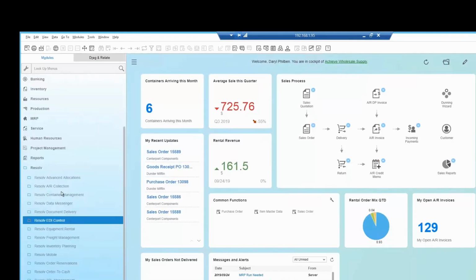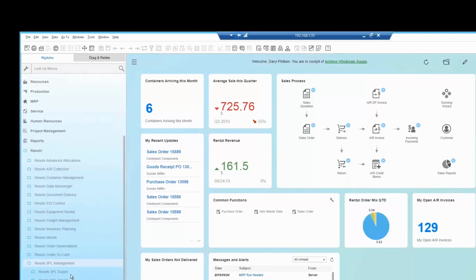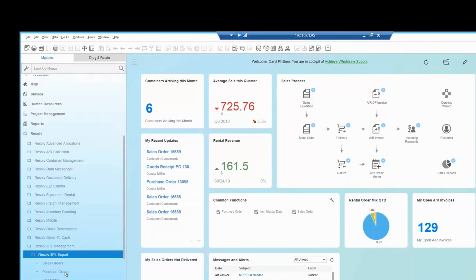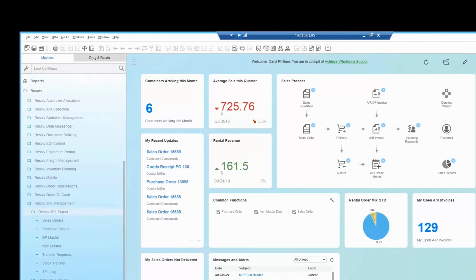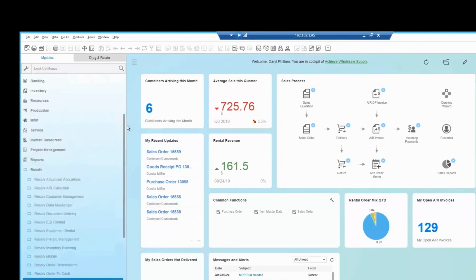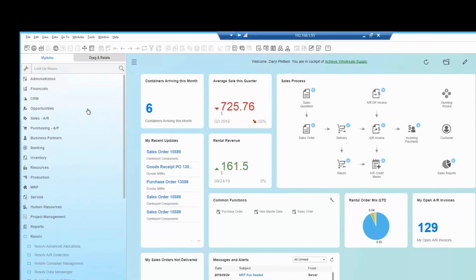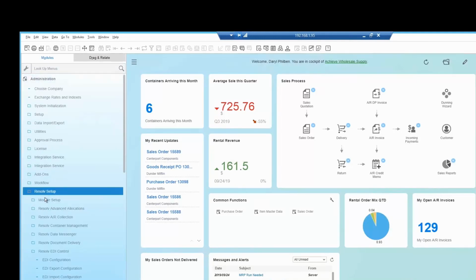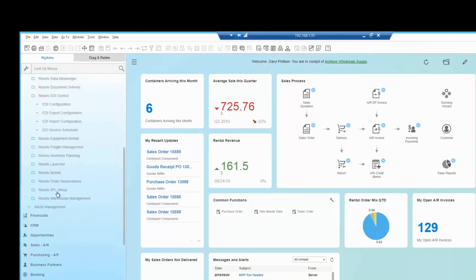And then last, Tim, I'll open it up for questions. The last one here was again with your 3PL. It was the same kind of concept. 3PL allows you to import and export sales orders, purchase orders, item masters, and so on to an outside warehouse. In that example, besides just manipulating the data, I wanted to be able to limit which data was being sent. So if we take a look at the 3PL configuration here, and let's say just at the export configuration,